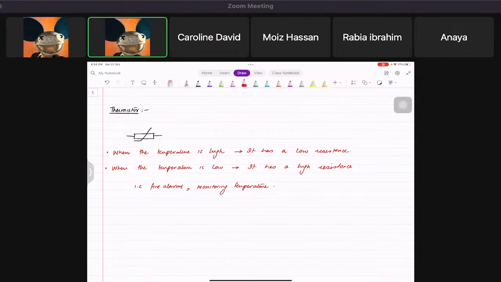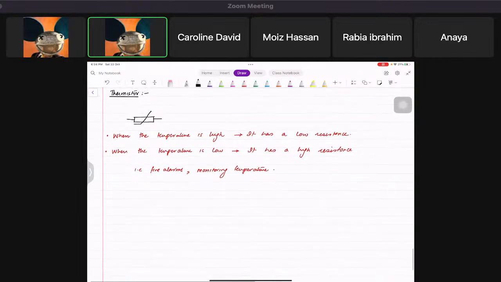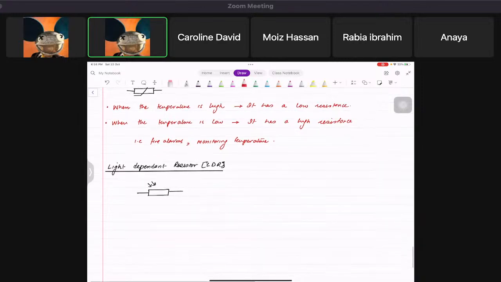Then you've got a light dependent resistor, which I told you we call an LDR. So LDRs basically look like this, and LDRs are like,